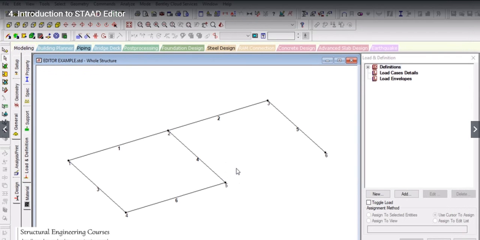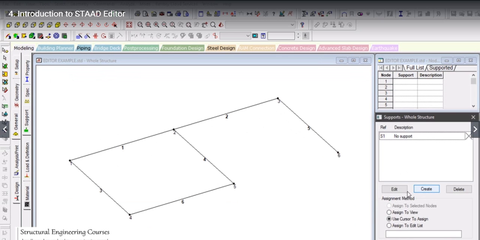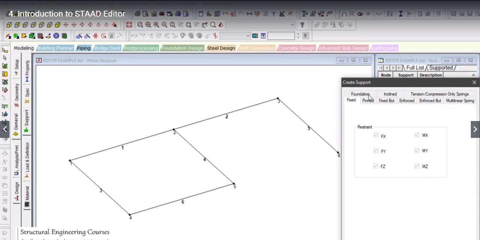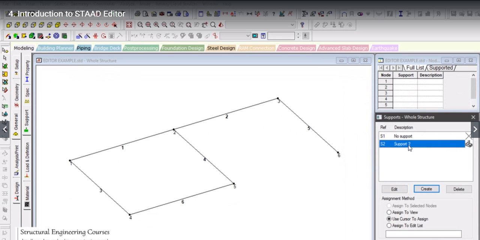And for each and every model that we make, simultaneously I will teach you exactly what the syntax is, or the way with which we can incorporate each and everything in the editor. For example, if we enter the support here as fixed, let us say, we create a fixed option here, select the joint number here and left click on assign.